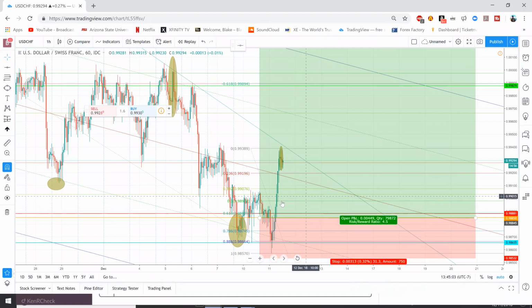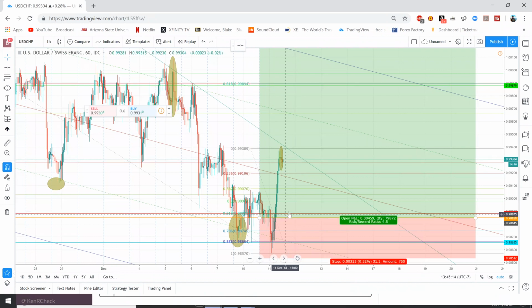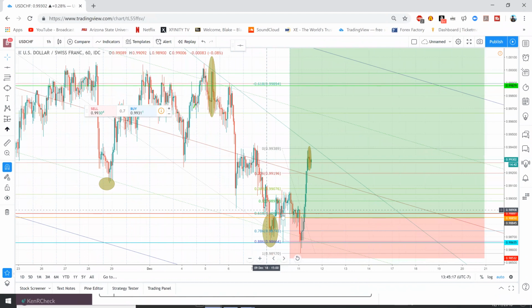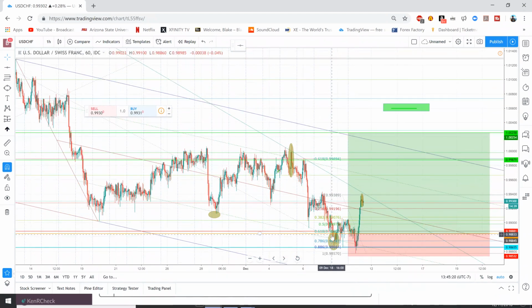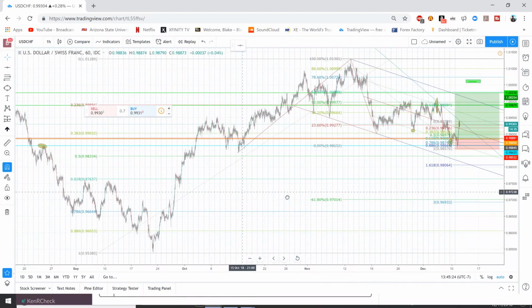Yeah, I would have to say 618 is close to original entry. Yeah, that's very true. If you're waiting all the way till 618, that's where our current stop loss is. If you moved up your stop loss at that level, so I can use this red line because it's pretty much exactly on the 618. Let's see if it's a